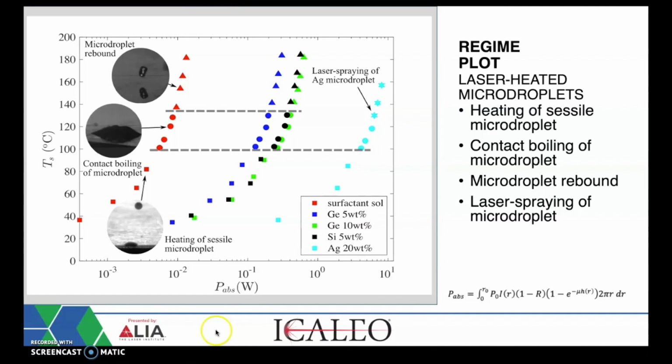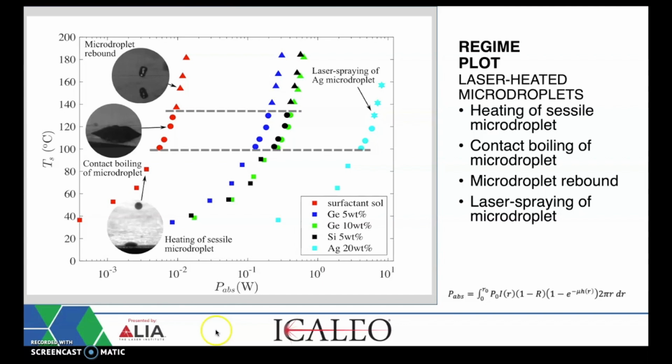nanoparticle surfaces. Moreover, the substrate temperature is increased as the laser power is increased, and this causes a more active heterogeneous nucleation that generates a pressure increase within the boiling droplet that finally produces bursting of vapor bubbles and ejection of liquid ligaments in the air, as can be seen in the inset picture. On the other hand, contact boiling of the microdroplets is seen between temperatures of approximately 100 Celsius to 138 degrees